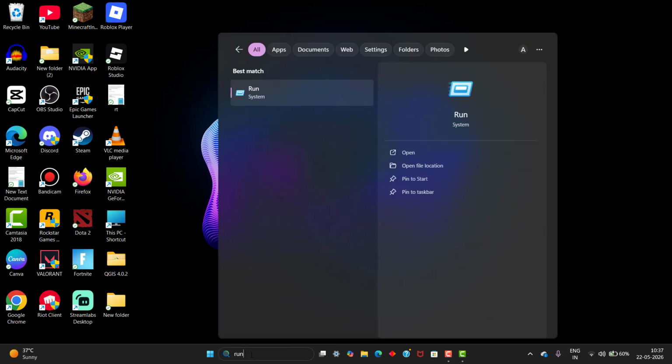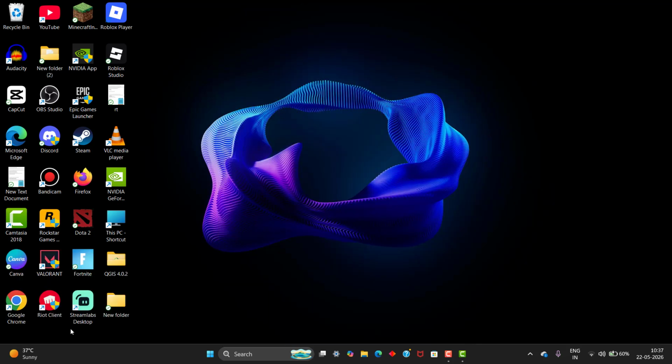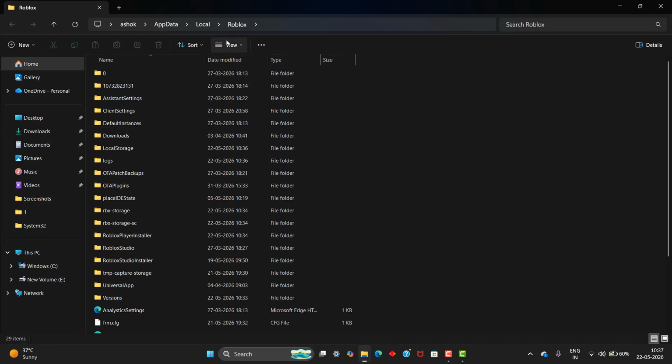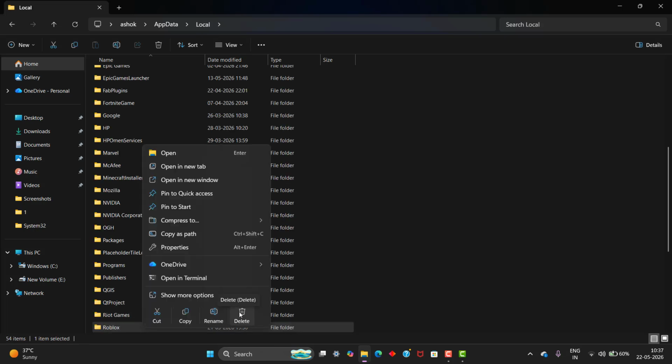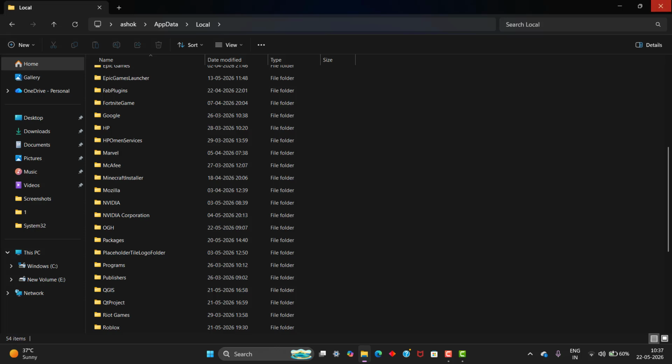If you still have the same issue, last and final step, delete the Roblox in local app storage, delete it. After deleting, come back,